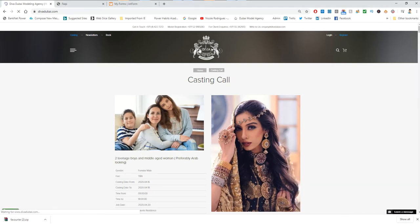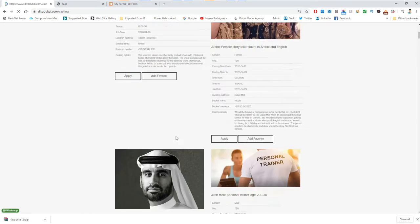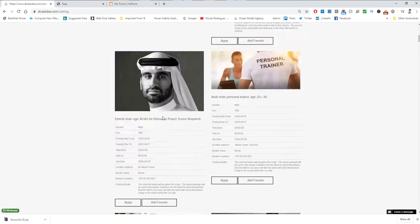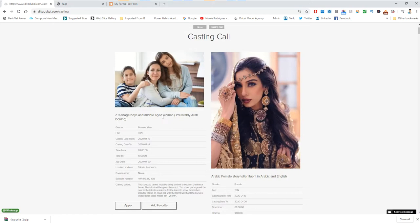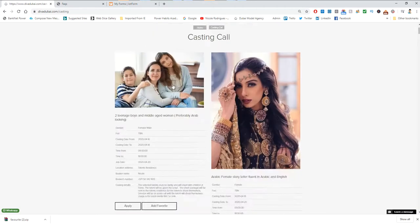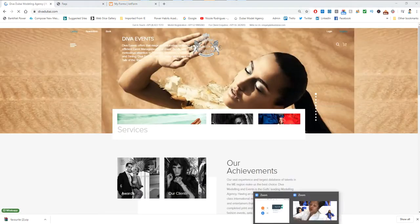Right? Now, it's our job that every time we have an inquiry, we first and foremost always post a casting with all the details on the castings. If we have 5 different characters, then you have to put 5 different castings for the same job. You can't have one brief for all different castings, okay? And then we go on to